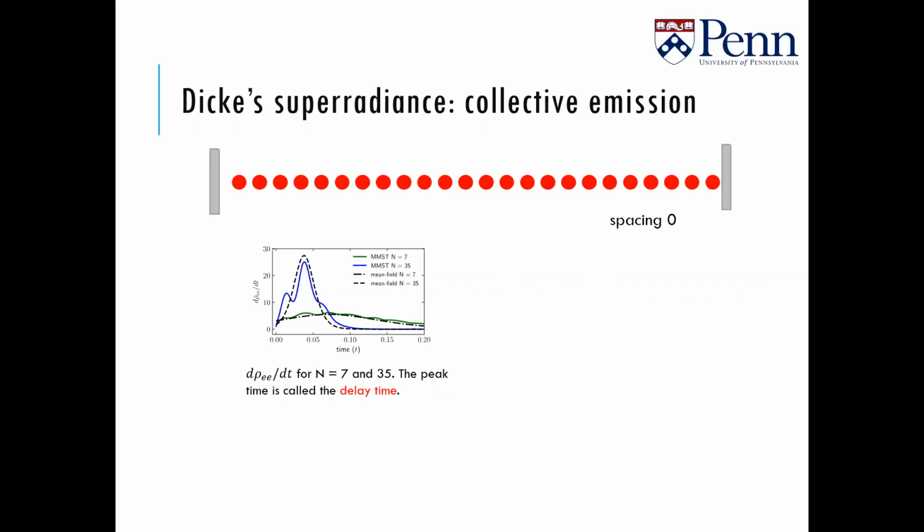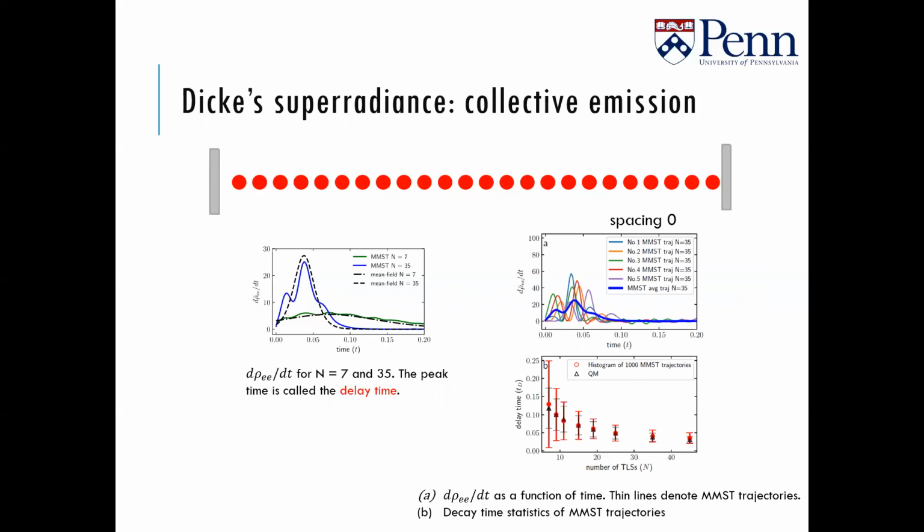If we zoom into different trajectories, we can find something bonus. Look at the right figure, where the bold blue line is just the original average result, the same as in the left figure. And the thin colored lines are the dynamics for different individual trajectories. As we can see, different trajectories have a different delay time, a different peak here. If we do some statistics of the delay time for the MMST trajectories, we get the figure